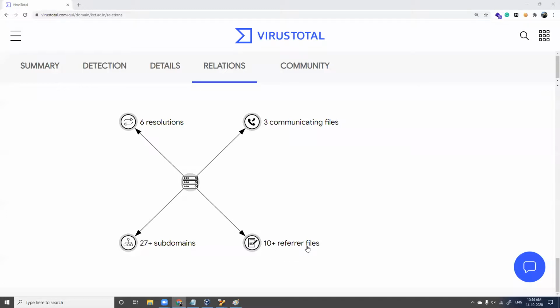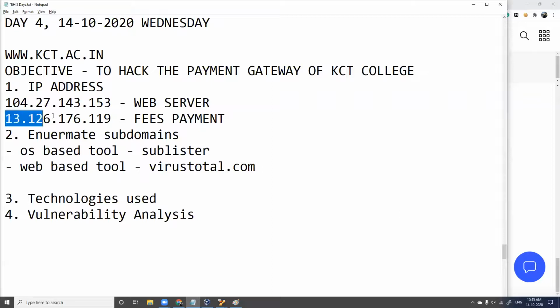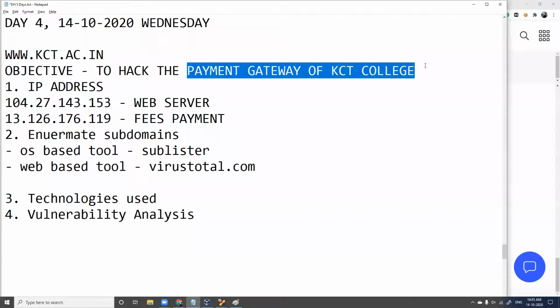Fine. So you have to understand why we go for subdomains, why we get the IP address of the subdomain, because based on your objective, you will have to choose which subdomain you will attack, or which subserver of your target you need to attack, and you need to find the IP address of that. You can use any tool, but only when you target this IP address will you be able to achieve your objective.